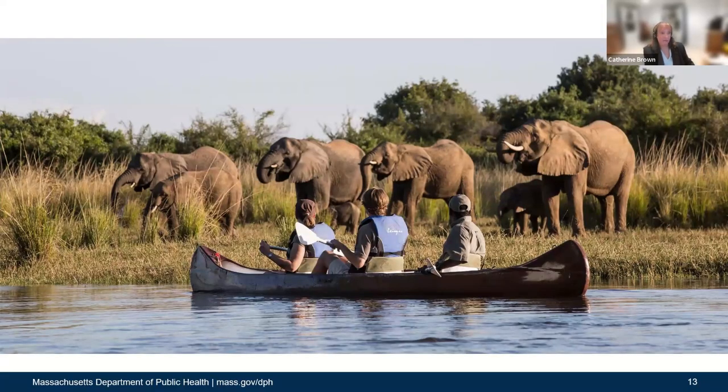And then I couldn't forget ecotourism, which is growing every year. Took a break during the pandemic, but other than that, it is really growing everywhere every year. And this is where people from different countries go out to observe nature and wildlife in countries that they are not familiar with. And this ecotourism generates lots of money for the countries that get traveled to. It's a very important source of income for them, but it is also, again, an opportunity for interaction between animals and people.